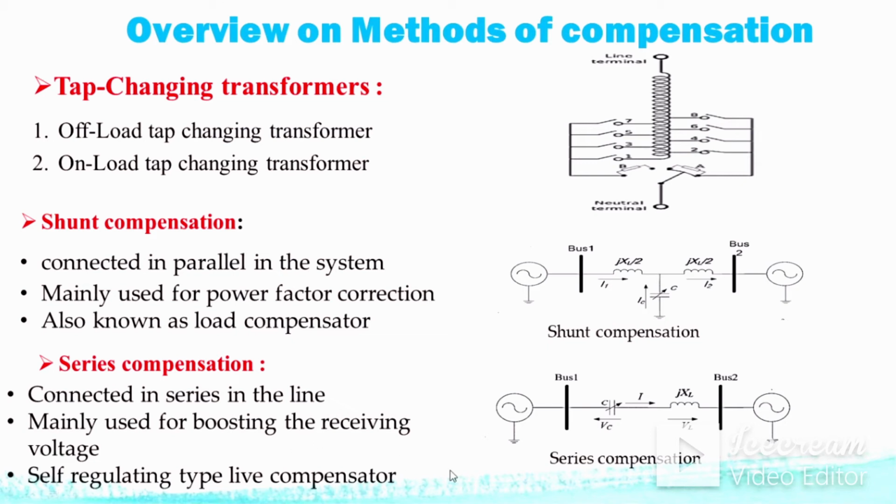So here you can observe that I have taken the same network. On the two sides you have generator 1 and generator 2. They are connected using bus 1 and bus 2. In between bus 1 and bus 2 there is a transmission line, and since we want to compensate the losses occurring in the transmission line, these losses are due to the excess demand of reactive power. So in order to satisfy that reactive power, we are applying the variable capacitor and this inductor. This will improve the bus 1 voltage profile, and this is going to improve the bus 2 voltage profile.